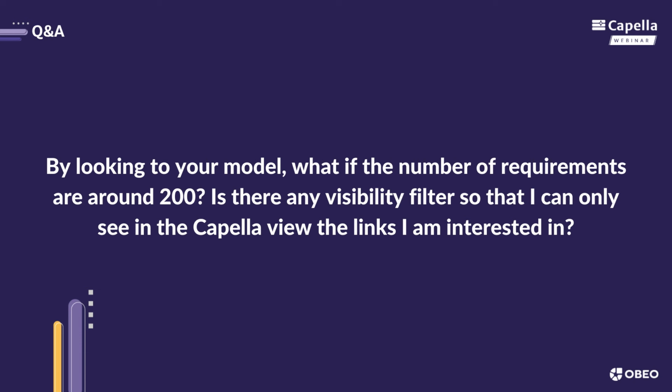Okay, let's see the next question. By looking to your model, what if the number of requirements are around 200? Is there any visibility filter so that I can only see in the Capella view the links I'm interested in? Yes, of course, you have